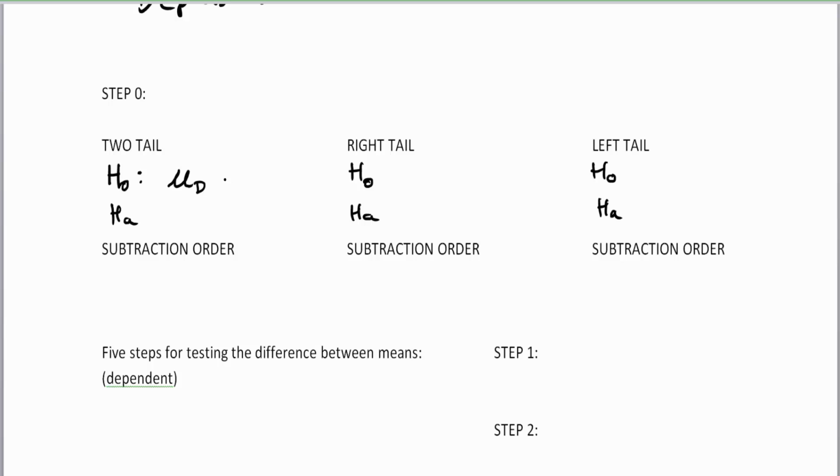Now, if you have, let's say, a weight loss drug, and you take the weight loss drug, but you don't actually lose any weight, then the weight loss drug did nothing, and the difference between your pre-weight and end weight is actually 0. So in all of these examples, the null hypothesis is mu sub d equals 0,